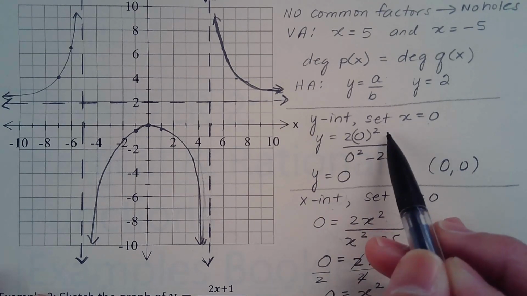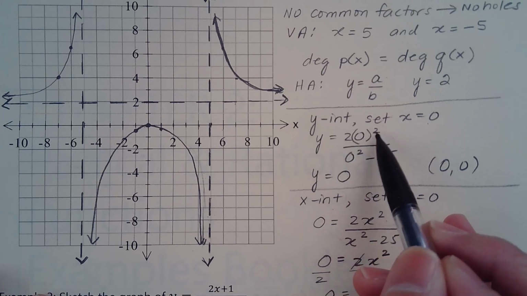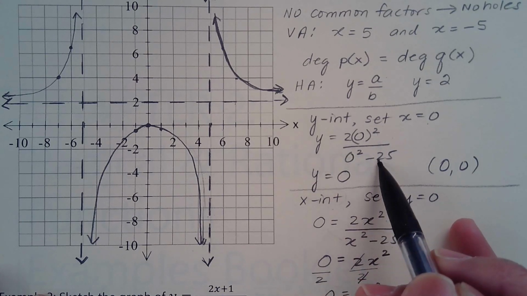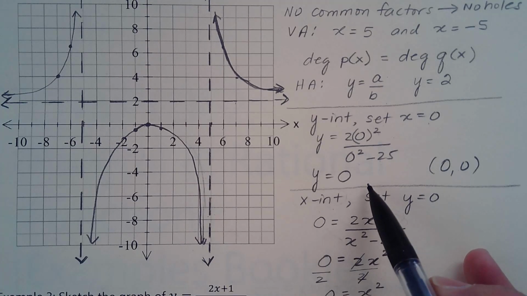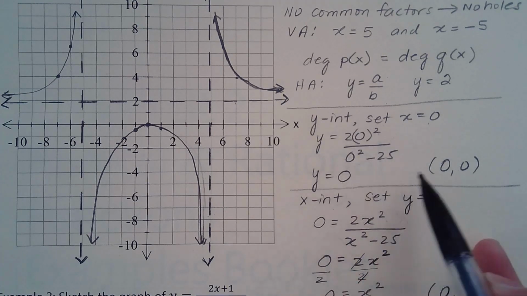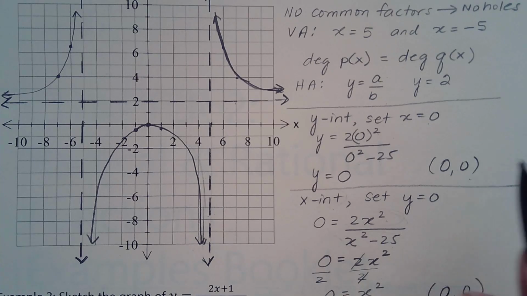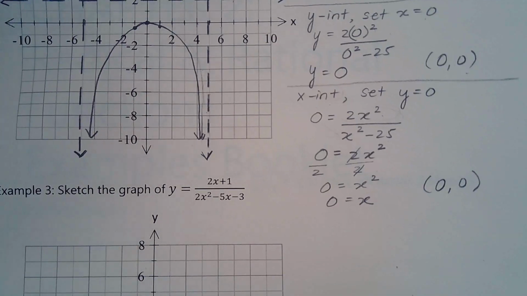So we put 0 wherever we found x: 2 times 0 squared is 0, divided by negative 25. So 0 divided by negative 25 would be 0. Okay, so that's the y-intercept at (0, 0). And then when we did the x-intercept,